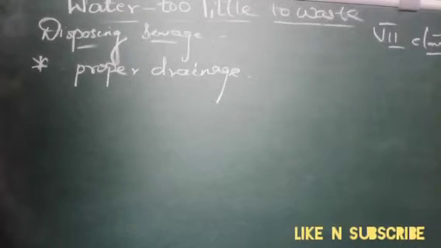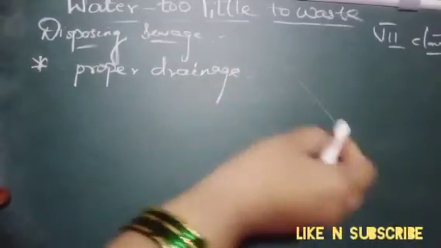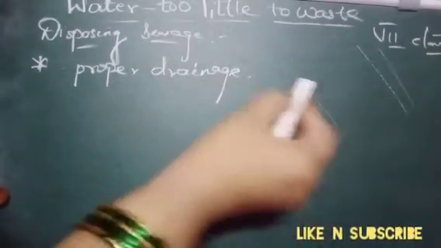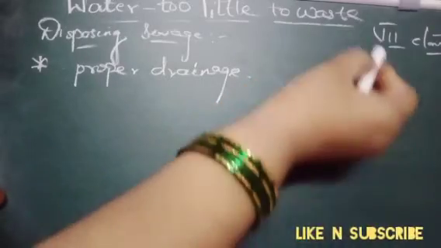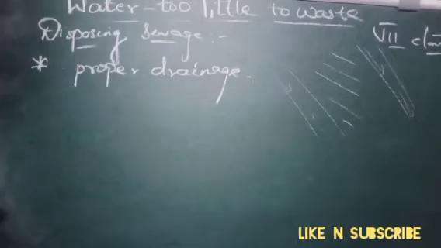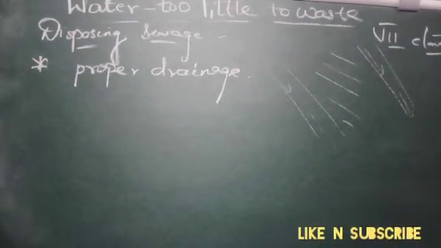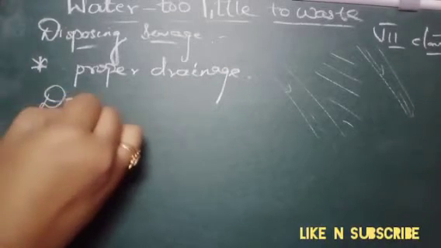On roadsides, if you go to villages, you see on both sides of the road a long drain, like a mori type. The wastewater flows in it, and in the center is the road. This kind of thing we can see in the villages. So let us learn about the drainage system.